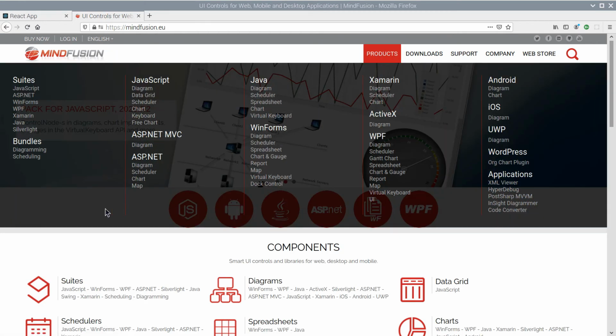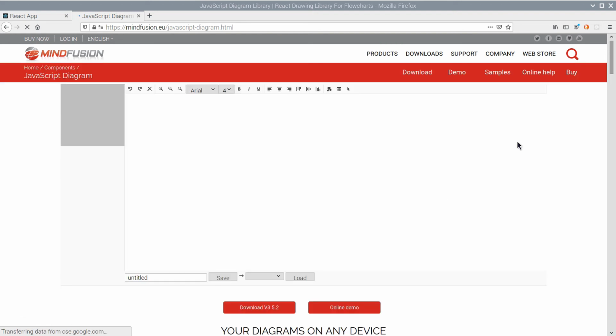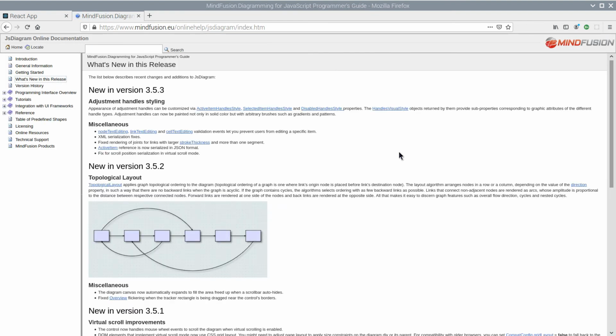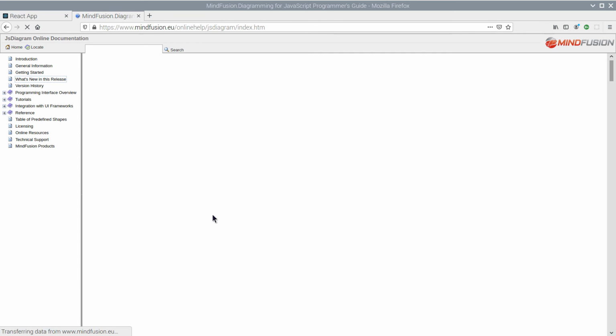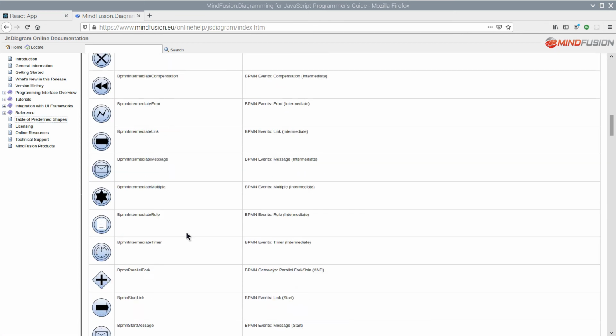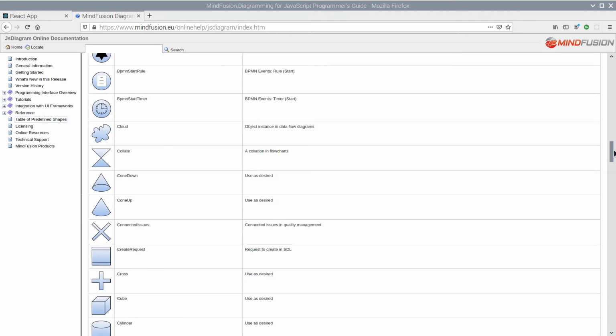How do we know these IDs? When you open the online documentation for the JavaScript diagram, you will see a link to the online help. One of the topics there is a table with all predefined node shapes, together with their string IDs.